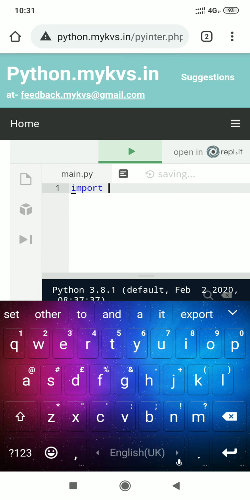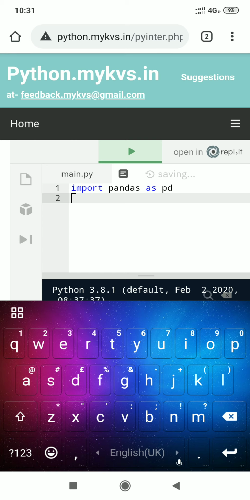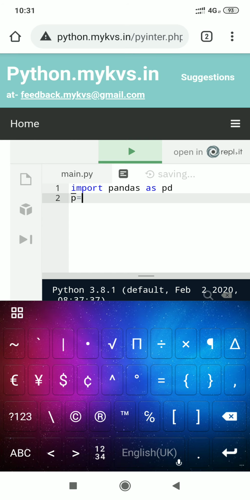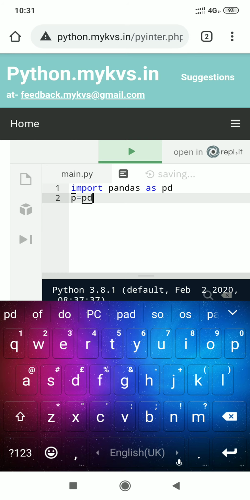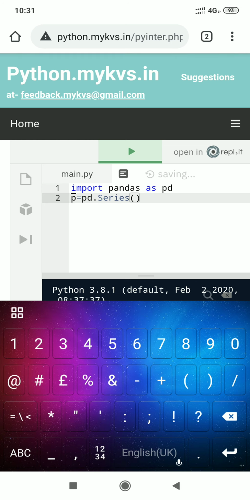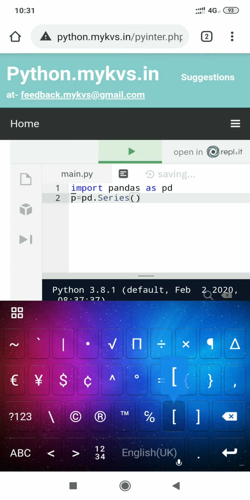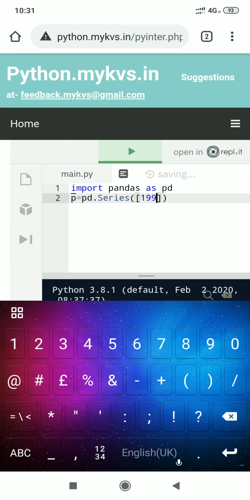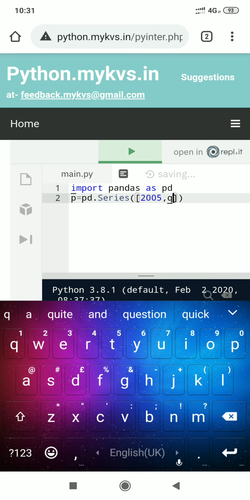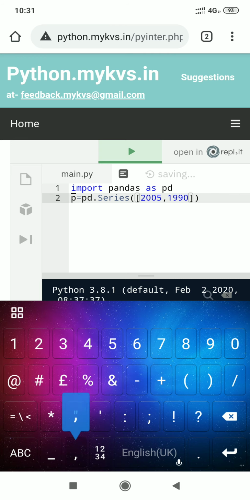Import pandas as pd, then p equal pd.Series of a list of values: 2005, 1990, 2020, 2016.